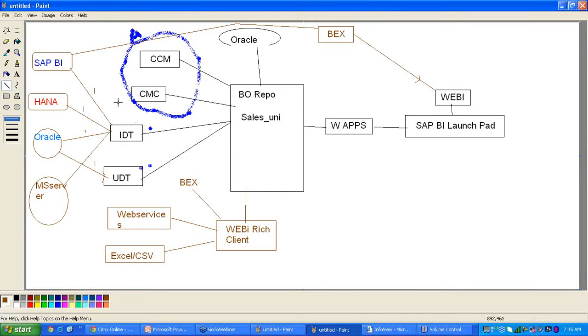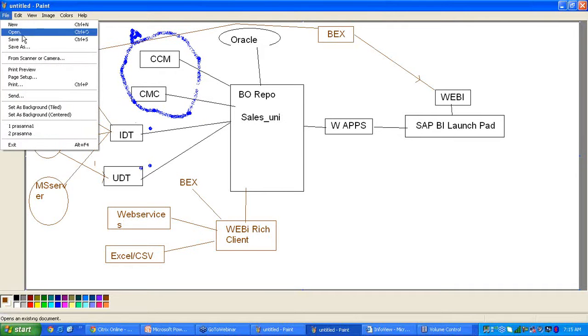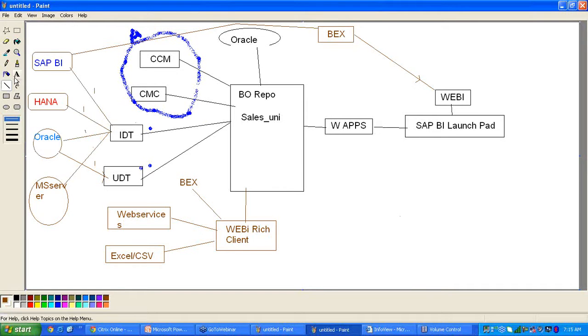So simple, we have different naming conventions for BO. Let me show you here. SAP BO 4.0, SAP BOBJ 4.0, SAP BusinessObjects Business Intelligence 4.0. It is the same thing, nothing to do with the license or the software.